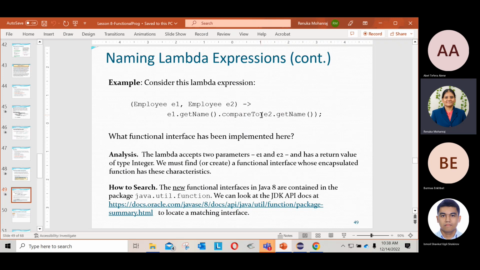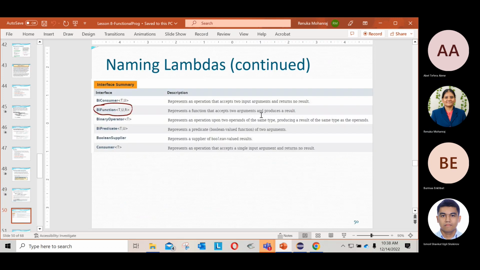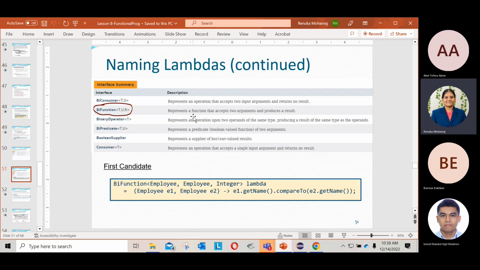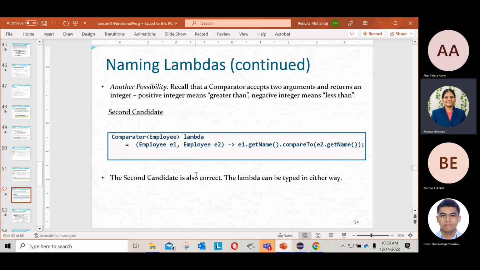BiFunction, right? So I can declare this Lambda expression with two different types I identified now, either a BiFunction or maybe a Comparator. Now, which one is suitable? It depends on the scenario, right? Where I want to implement or call this expression. For example, for this scenario, I can put the Lambda expression type as BiFunction. This is correct, no error. When you do this one, you won't get any error. But when I pass it to this function, Comparator is also possible.